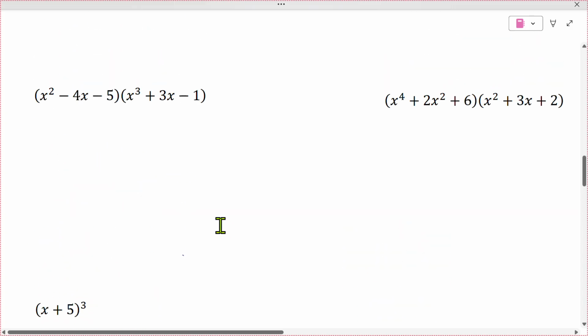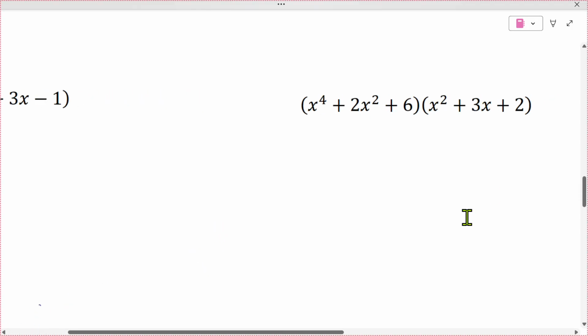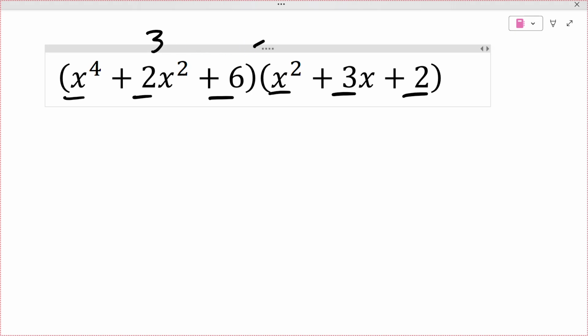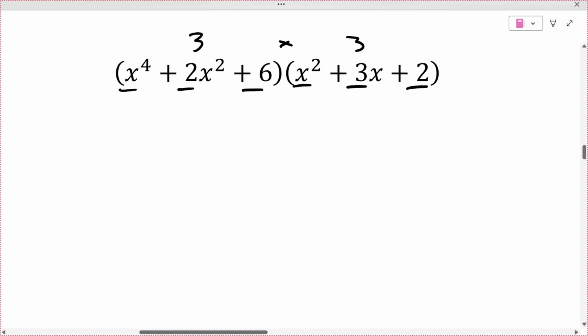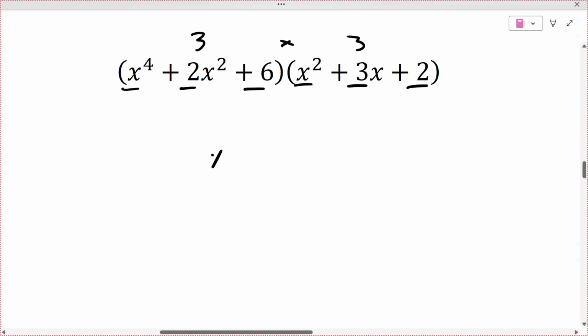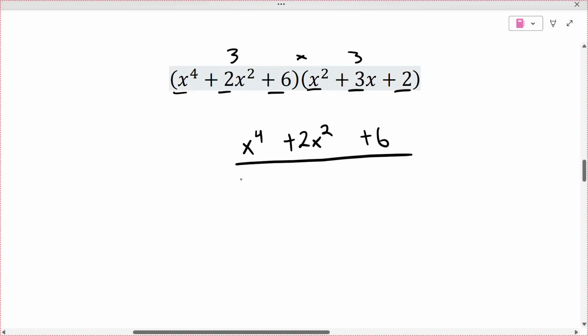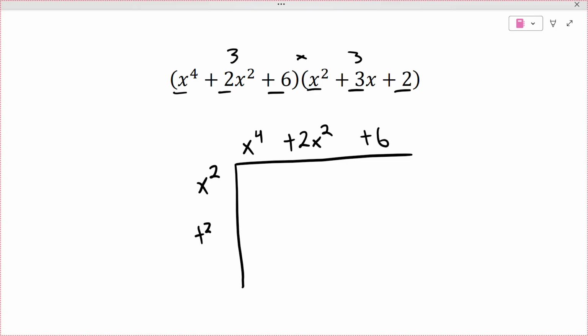through special products. Okay. So which one do I want to do? I think I'll do this one here. So again, here I've got 3 terms by 3 terms. So I'm going to end up having a 3 by 3 box. So I should end up with 9 squares. Again, it doesn't matter which one I put on the top of the box and which one I put on the side of my box. I always just put whichever one comes first on the top, whichever one comes second on the side. So this top of my box, the side of my box, I'll put the x squared, the plus 3x, and